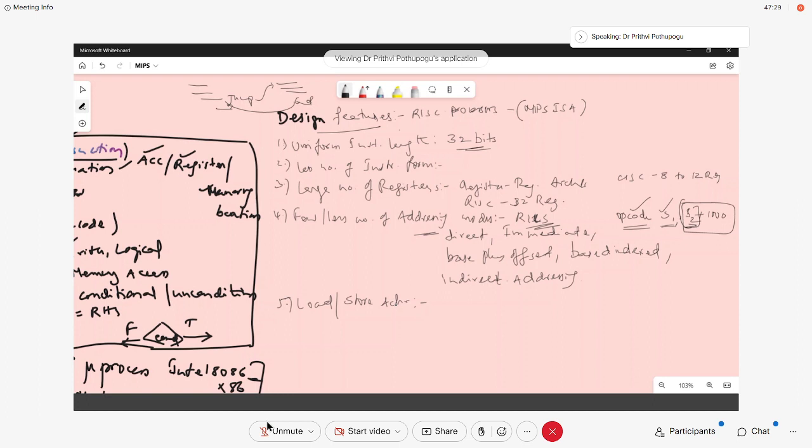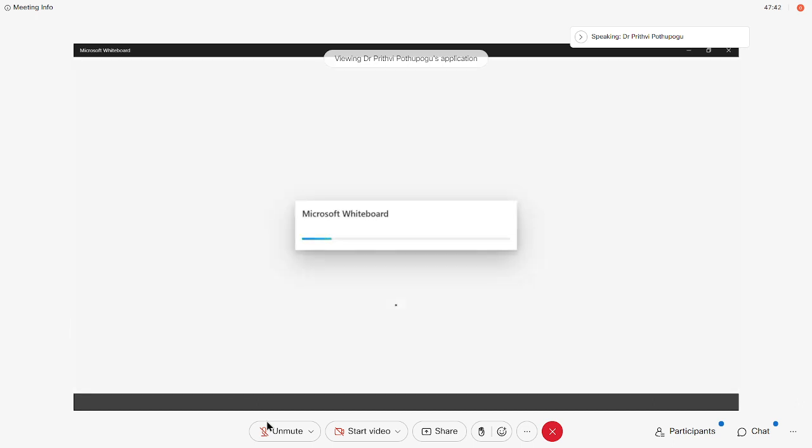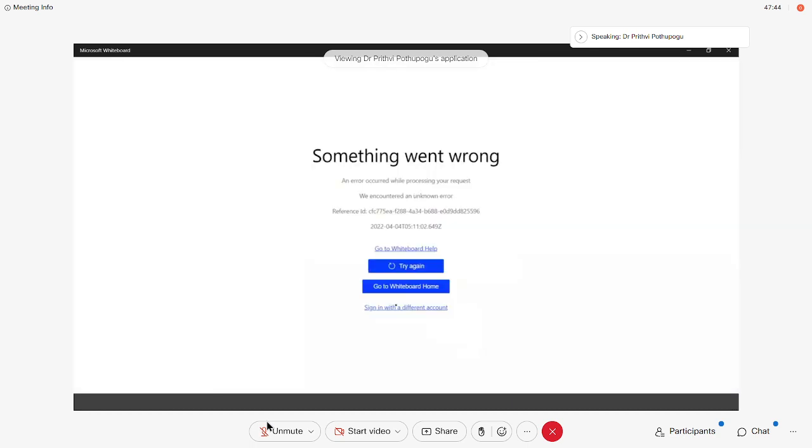The only instructions that are allowed to access the memory directly are the load and store instructions. What is this load instruction is, it will be